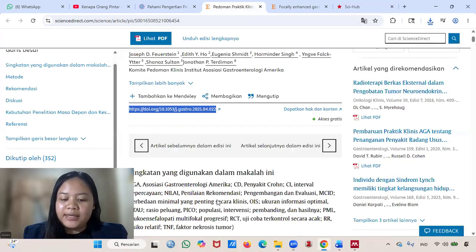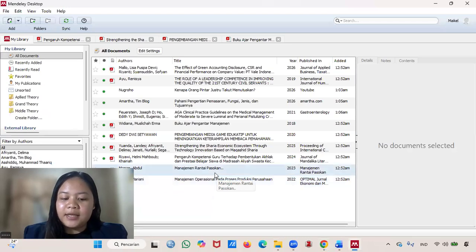By combining RIS or BibTeX for metadata and Sci-Hub for the document, there's no reason to miss out on a high quality reference just because of access issues.